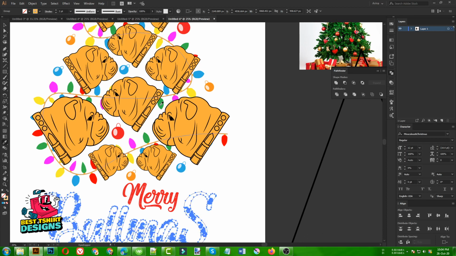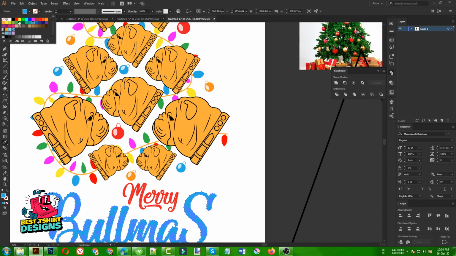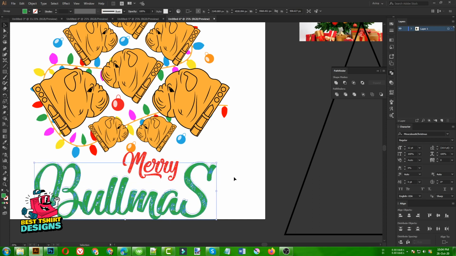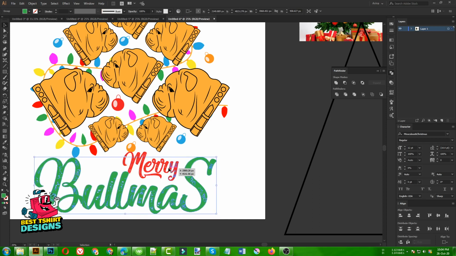So let's make it this green, maybe that is the Christmas type of color. Okay, I need to bring everything inside my artboard area, so that is good for me. I can simply make it a little smaller, just like this.